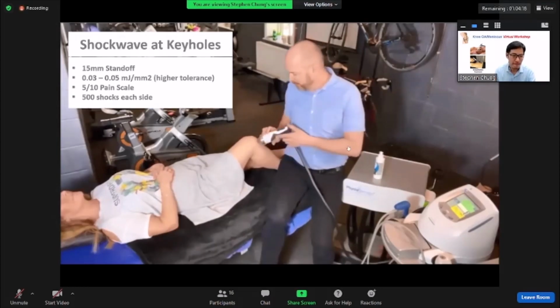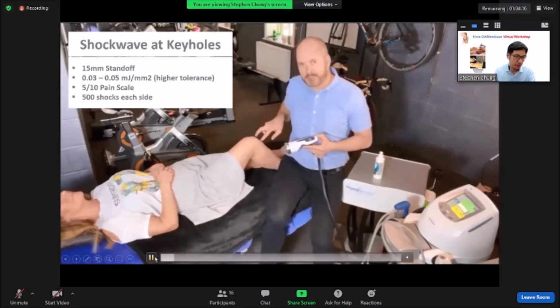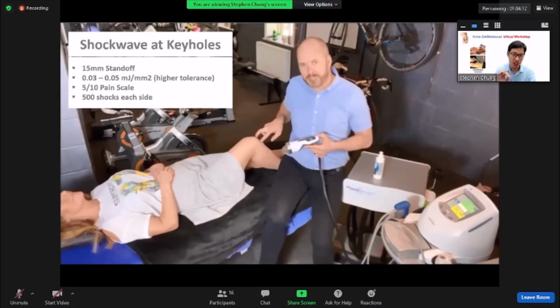And then here, before we do the shockwave therapy on the keyholes, what we already just covered is on the joint line, both medial and lateral, 1,000 shocks on each. After that is completed, because the whole idea we want to do with the shockwave is to bathe the knee with the shockwave. So that's why the current practice is to also deliver the shockwave at the keyholes, which is